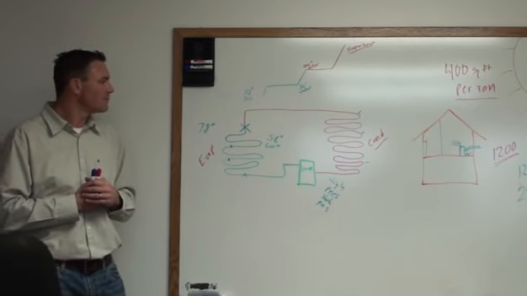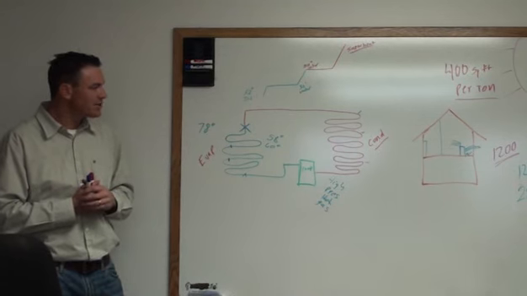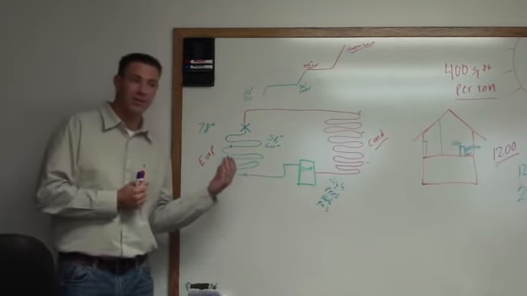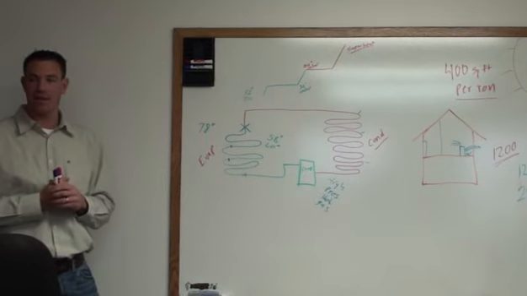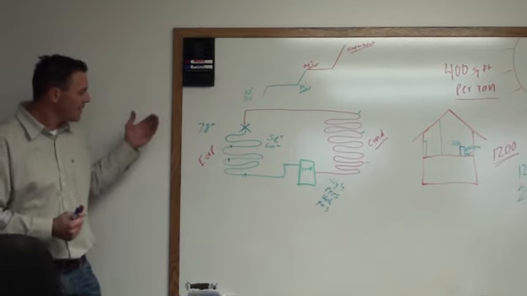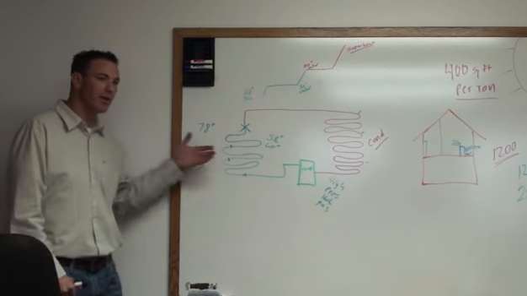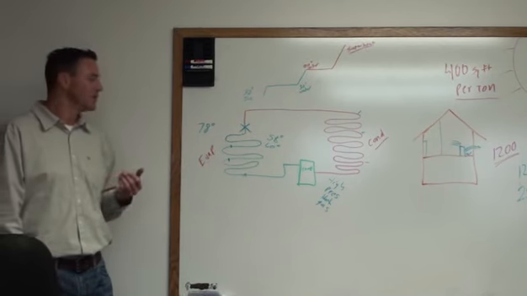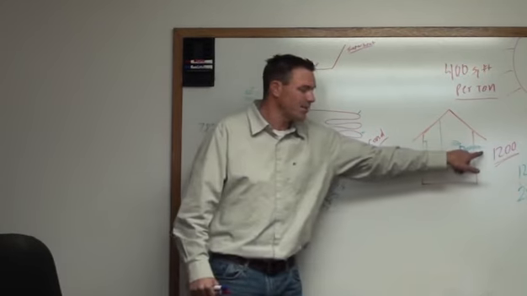One other thing that I'll just touch base on is as we absorb heat, there's another thing that we do absorb from the air, and that's called moisture or humidity. As the air passes across this evaporator coil, the evaporator coil really serves as a dehumidifier as well. So that is where your condensate is going to come from that